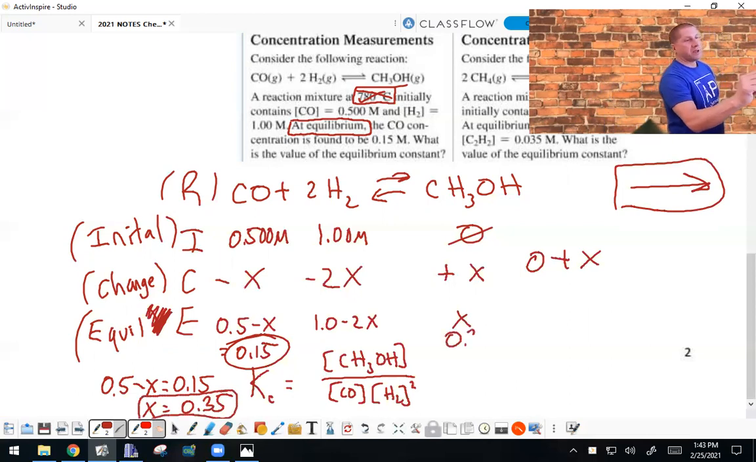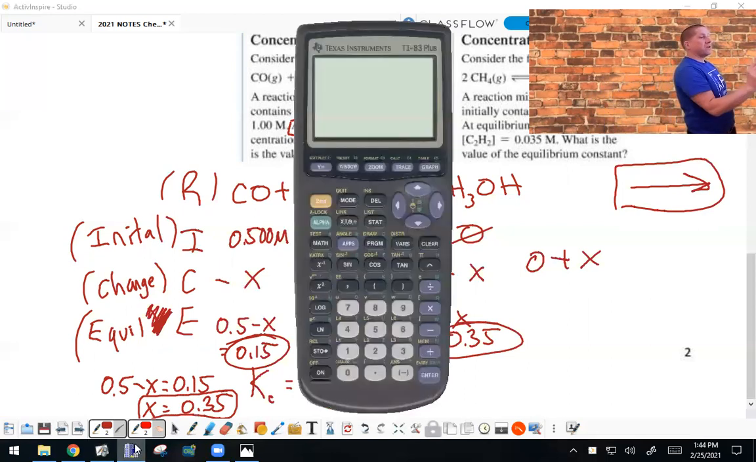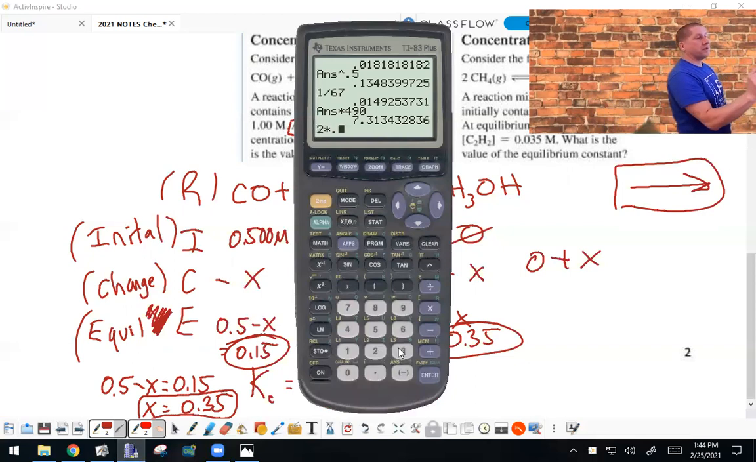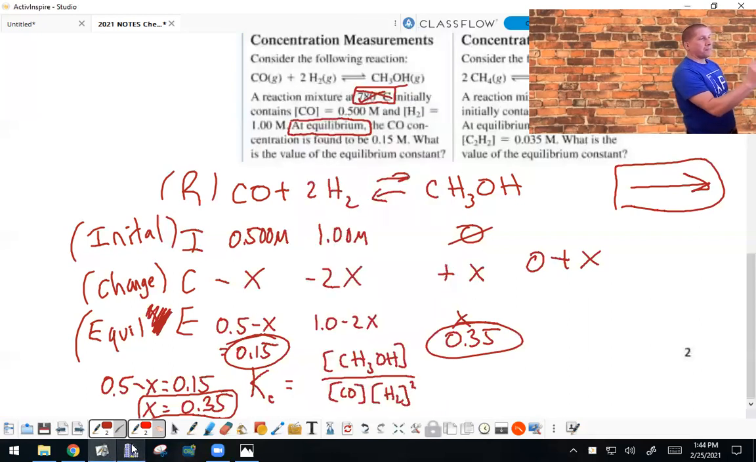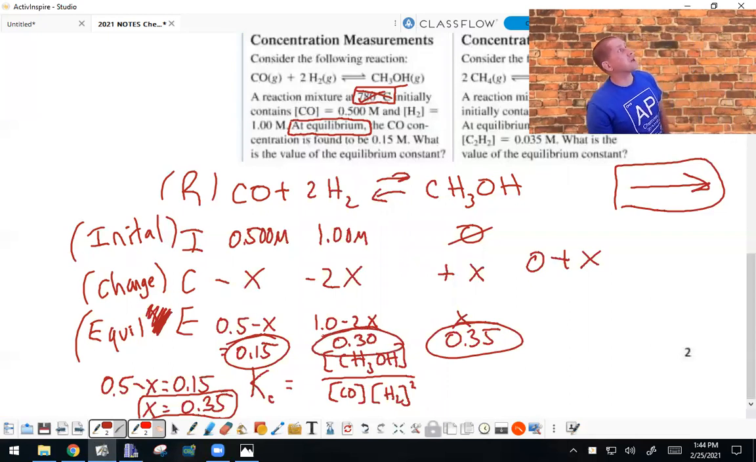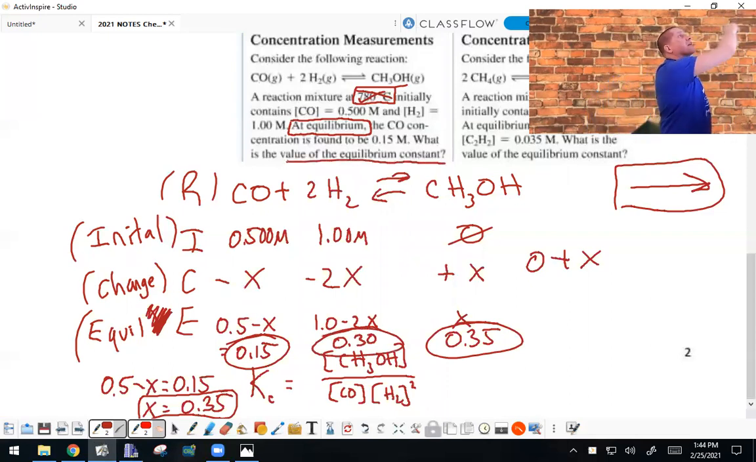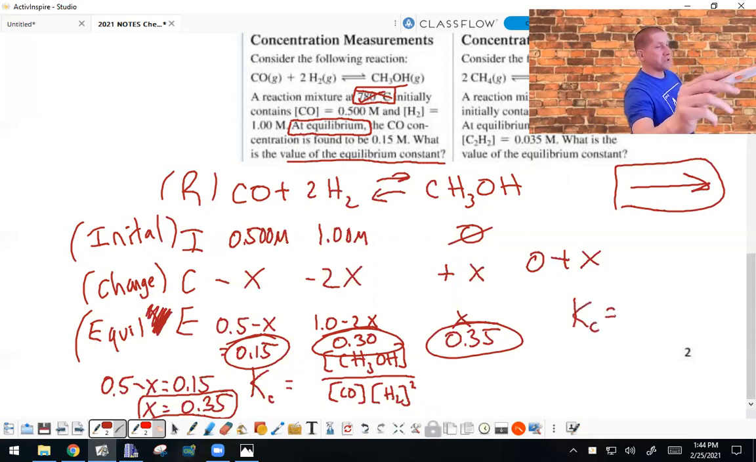So now this one at equilibrium is 0.35 because it's x, and this one is 1 minus 2 times x. So 2 times 0.35 is 0.7, 1 minus 0.7, and we got 0.3. So now I have the three concentrations, because the next one says, what is the value of the equilibrium constant? So now I have the Kc expression, so it's equal to